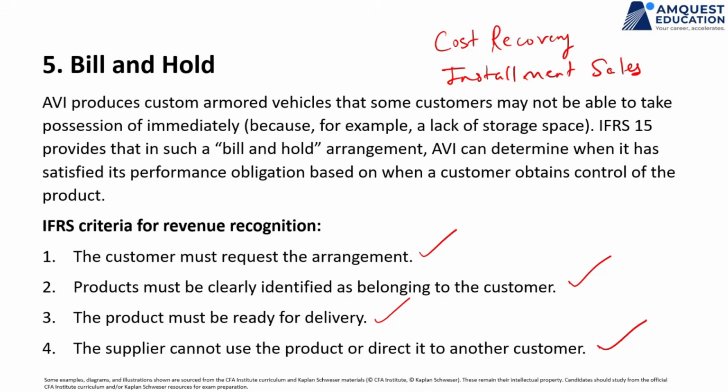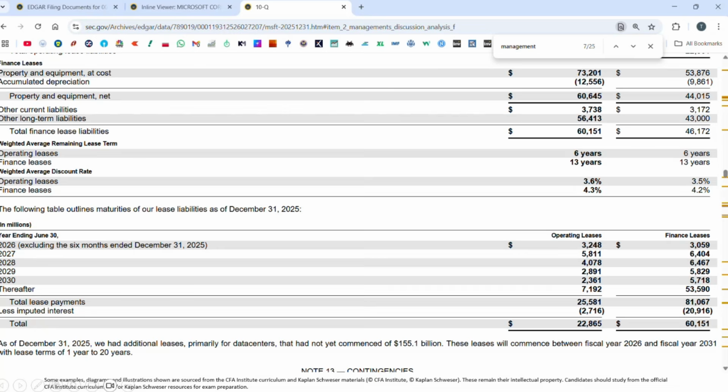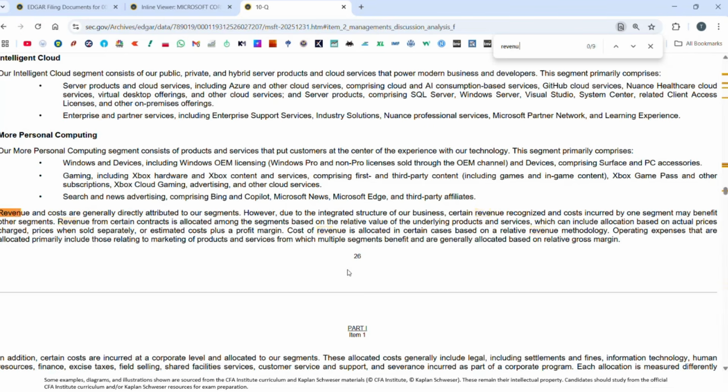Now, from a level one perspective, obviously this is all accounting, right? We already said that the program is not an accountant program. But the program basically says you should be able to understand how a company recognizes revenue, what is the model or the arrangement they are working with. Like look at Microsoft, right? If you look at Microsoft's revenue recognition techniques, Microsoft will give us a revenue recognition section, right? So revenue,